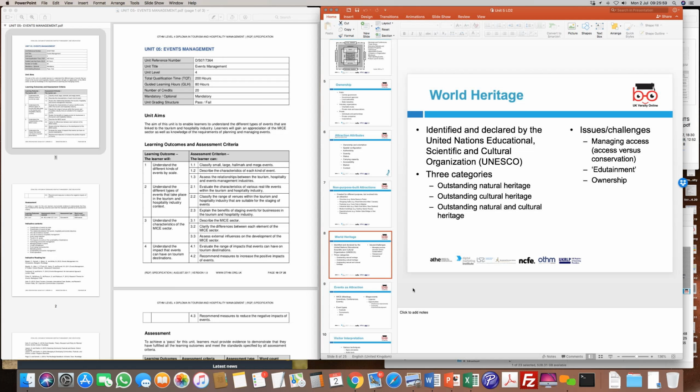So sometimes, if you go to certain locations, there will be strict rules about how you use or visit those places: no liquids, no plastics, you cannot harm the environment, and things like that. This is because they have been declared heritage sites by the UN or UNESCO, and they are considered a part of history and important from the point of view of our cultural heritage, or the natural heritage in some locations.